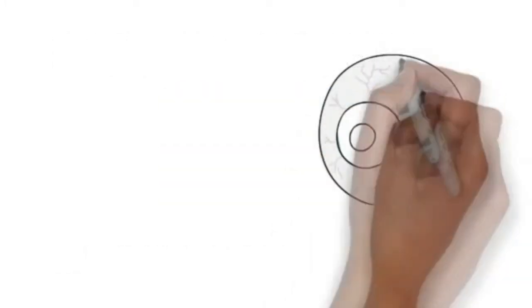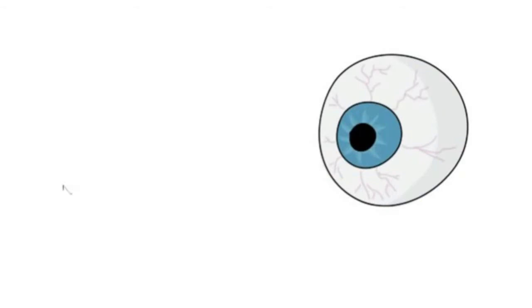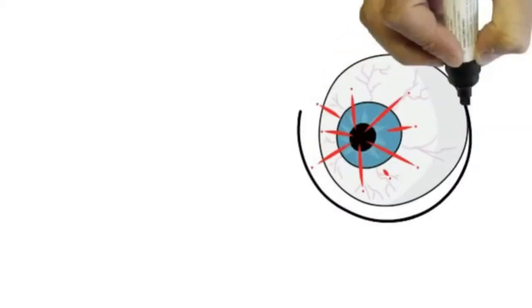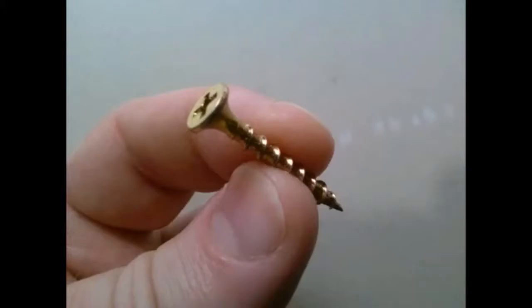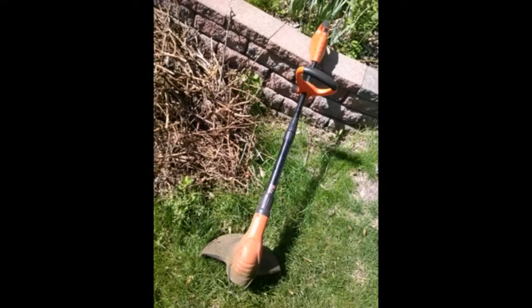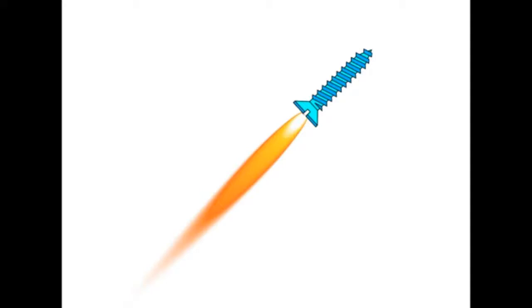Worker was using a wire wheel on a sheet of metal when a tiny piece of wire shot out at high speed and pierced his eyeball. Not even 1/8 of an inch long, the projectile caused too much damage to save his eye. Think this is just a harmless little screw? It was in the grass when a man edging the lawn with a powered string trimmer hit it, instantly turning